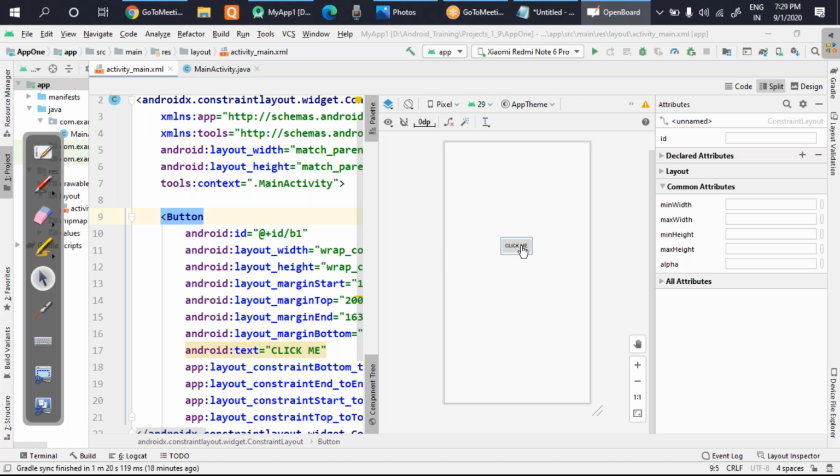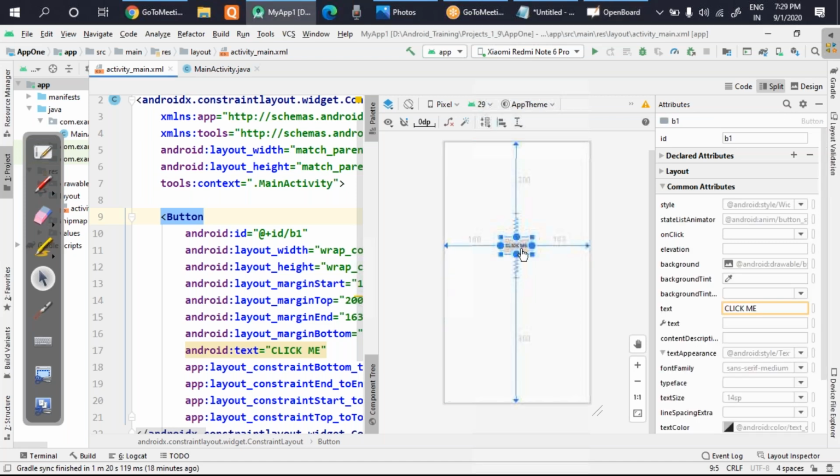So how to do it? First of all, let's select our component. See, once you select the component, only then can you make the changes here. So please, guys, keep that in mind. Before making any changes, make sure which component you are changing. You can look at the ID, or by looking here, you can see that as I've selected this one, whatever changes I am making are for this component only. This will become clearer when we have more than one component.